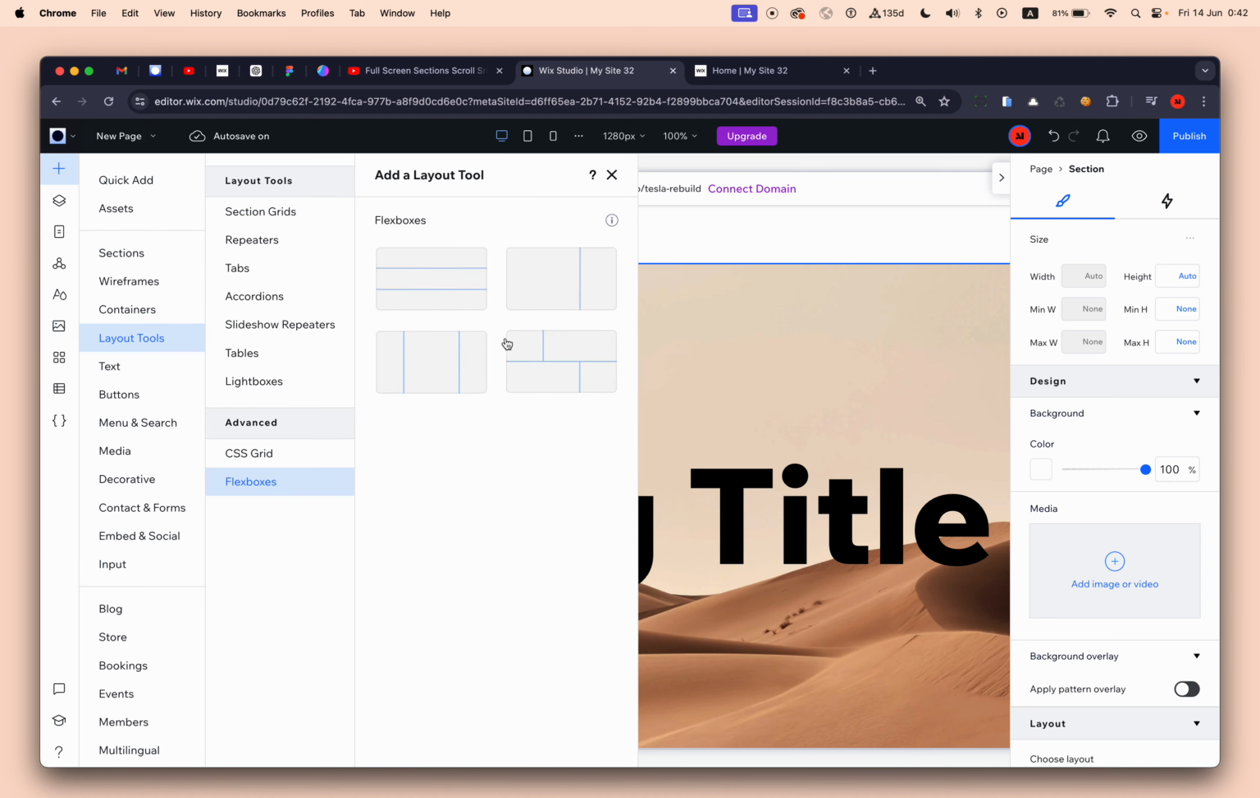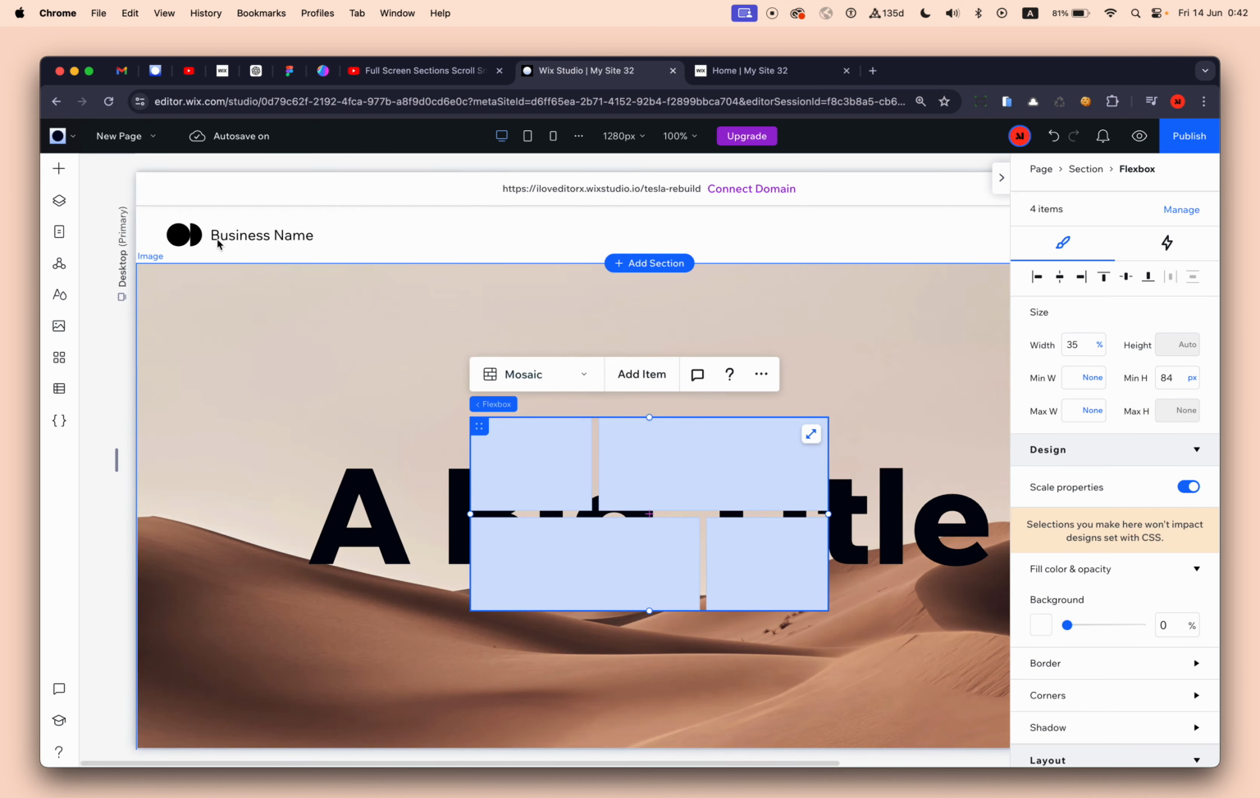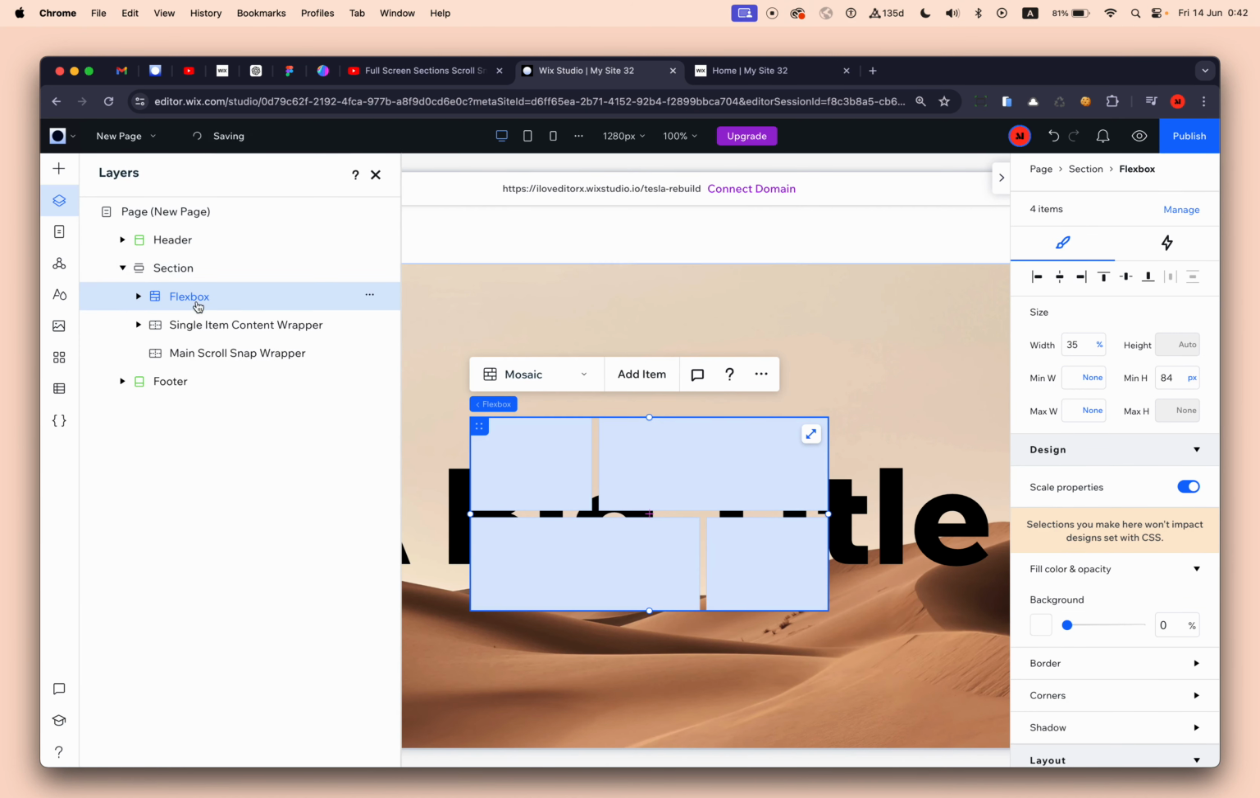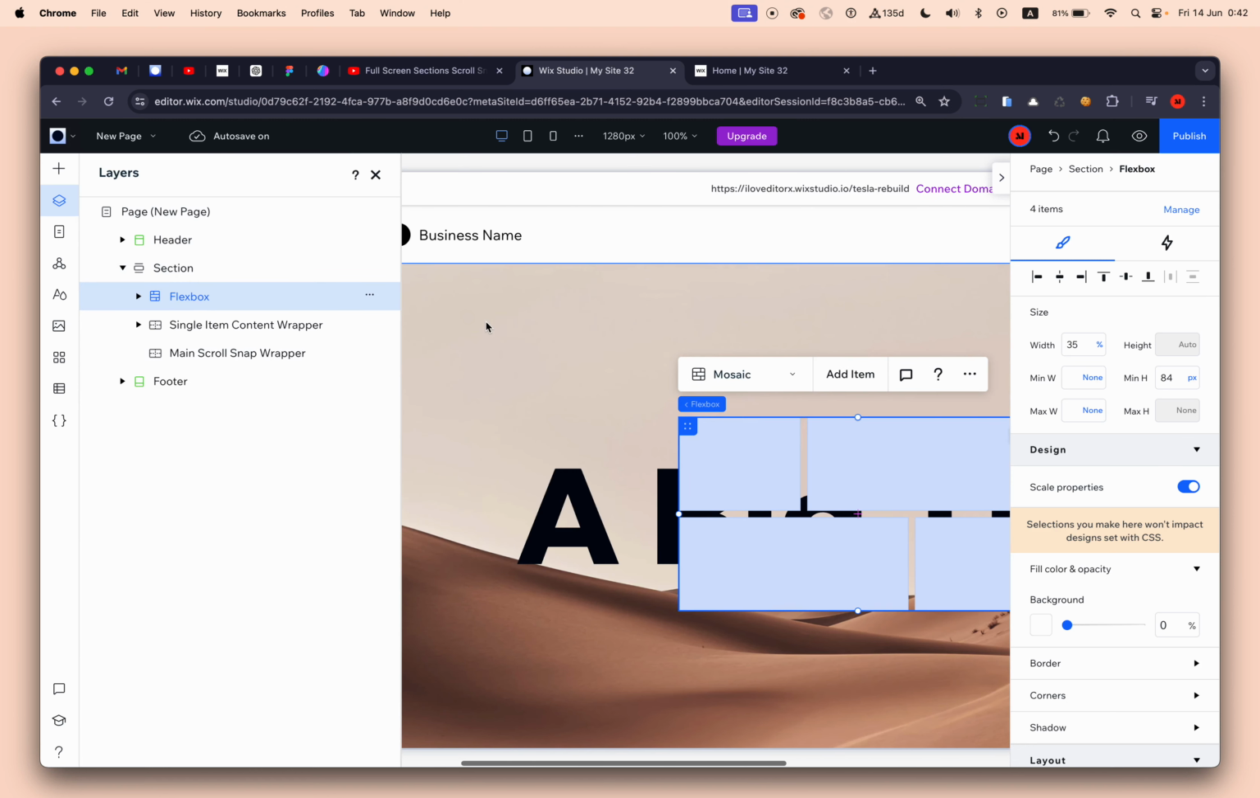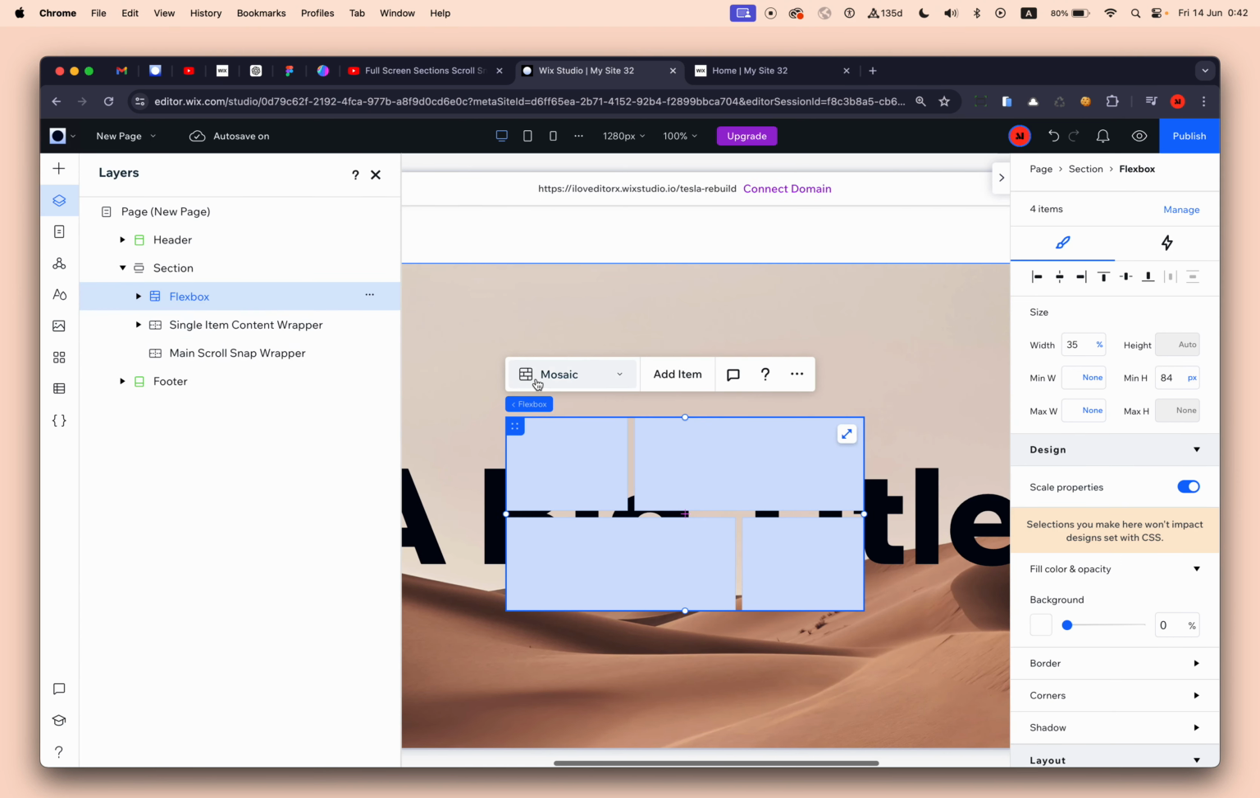Okay, so let's drag, not drag because it will go into the container. So I'll just click to edit. It should be a child of the section. Okay, so now what I need to do, basically I need to switch it from mosaic, it should be